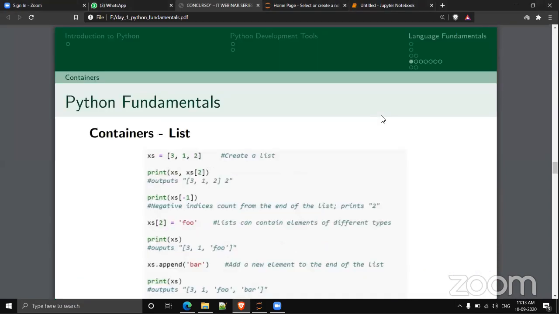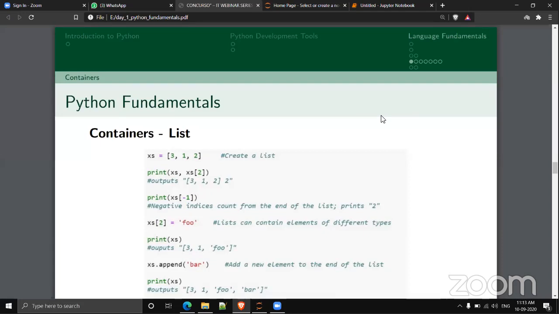The next part is very important, that is the concept of containers. As in all programming languages, we have the concept of arrays, right? But in Python, arrays are not there. Instead, we have a definite number of different types of containers.